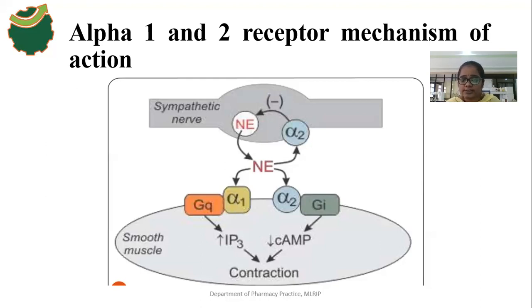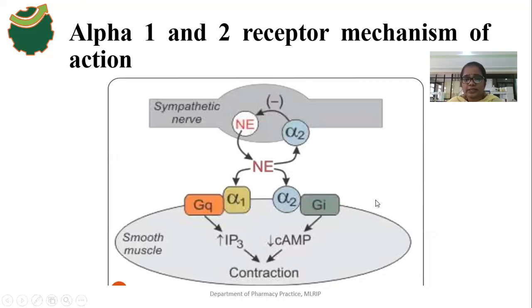Why will the contraction effect decrease? Because of inhibition of the MLCK enzyme. Okay, so there is an inhibition of MLCK enzyme, which means there is no phosphorylation of myosin protein. So that's why the contraction effect will be reduced in smooth muscles. In case the cyclic AMP levels are very high in smooth muscles, then the relaxant effect will be produced on smooth muscle.